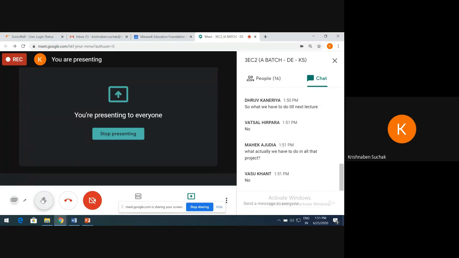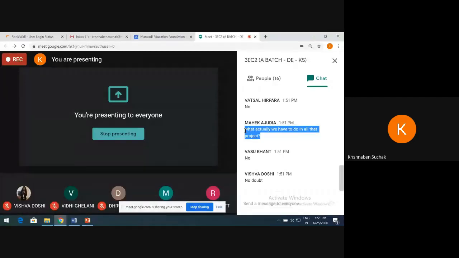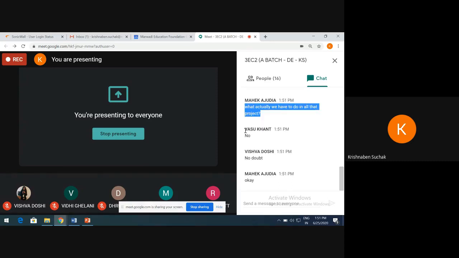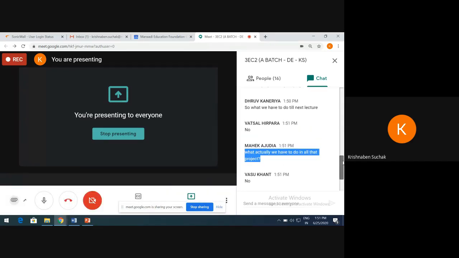What actually we have to do in that project? In that project you need to submit your features, your functionalities. You need to discuss when we are going to put these features, and we are going to work on these functionalities, each and everything. You need to prepare canvases, prepare a report, and present one prototype. Prototype means, for as of now, you can present just a design. That is very easy. It's not like you need to prepare a complete project and come up with some output. That is not required here in DE.